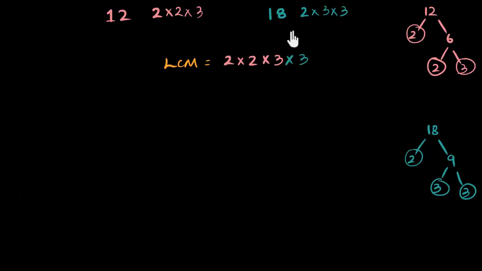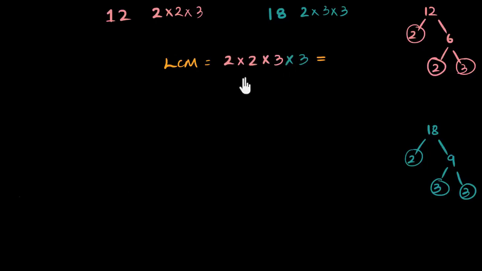And the LCM asks 18, anything else? And 18 says, no 5's with me, no 7's, nothing else. So the LCM is happy. The LCM says, now I have the exact minimum things that I need to be the LCM of 12 and 18. And if you find the answer to this, you will know what the LCM of these two numbers is, right? And you're guaranteed that this number will be a CM, which is a common multiple of both 12 and 18,